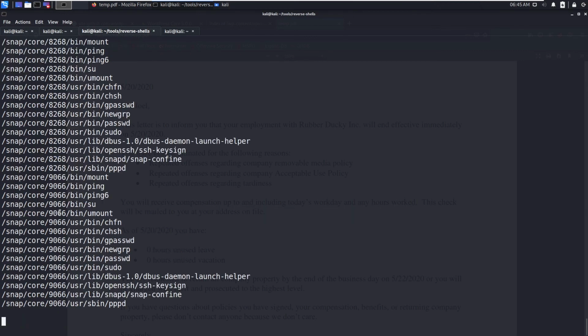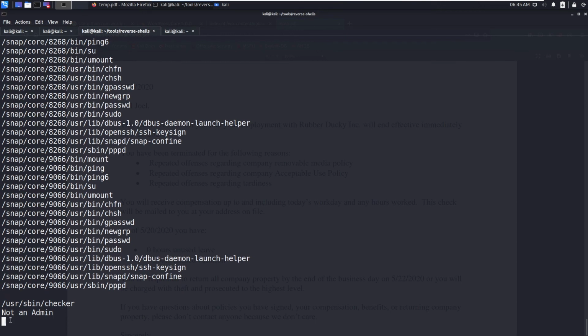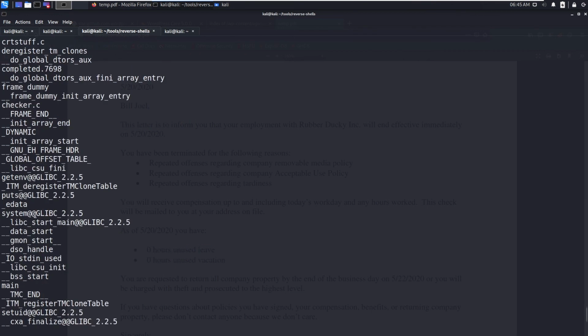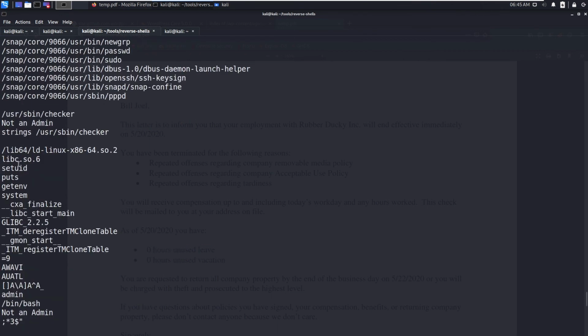Let's run this one. It says not an admin. So we don't know what it's actually doing. Let's run strings. We have so many strings. First it's setting the user ID and then printing something. Then it is getting the environment variable and it is calling system.